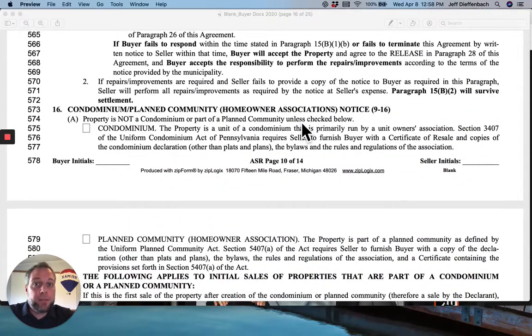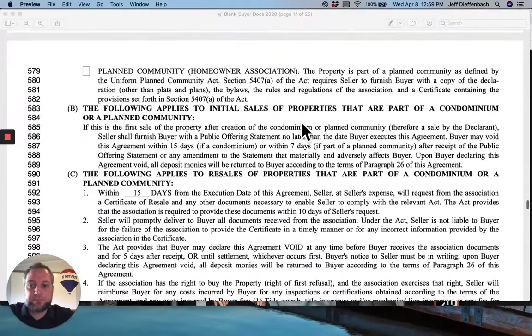If it's in a condominium or planned community like a homeowners association, you as a buyer have the right to review the homeowners association or condominium docs, all the rules, regulations, and so on. Seller has to request that and pay for a certificate of occupancy, or a resale certificate, and you have a certain amount of time to review those things. If you don't like what you see and you say, I can't abide by these rules, you can terminate the